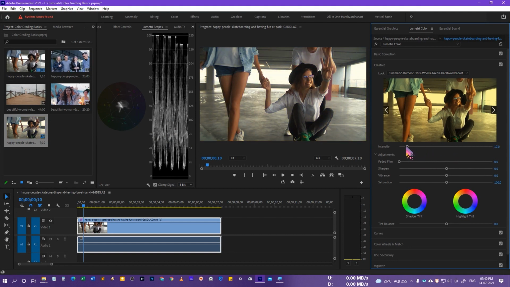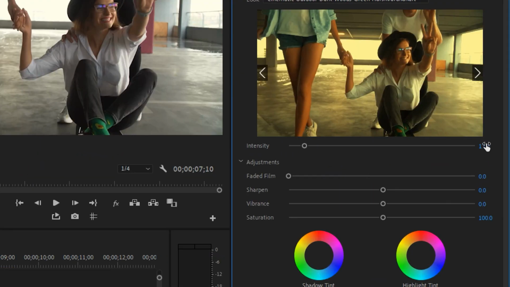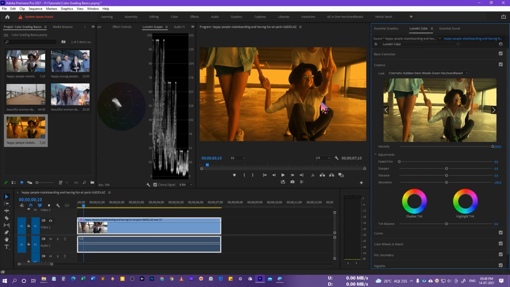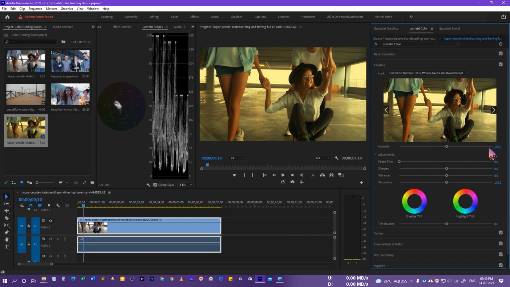So that's going to make it 17% intensity, or if you want more of it, just drag it upward. You can drag it up to 200%. So that's going to give you this kind of effect. And if you just double click it, that's going to go to its default position.